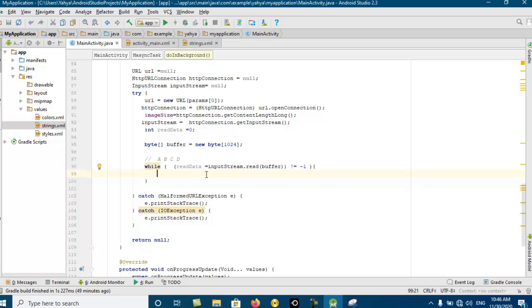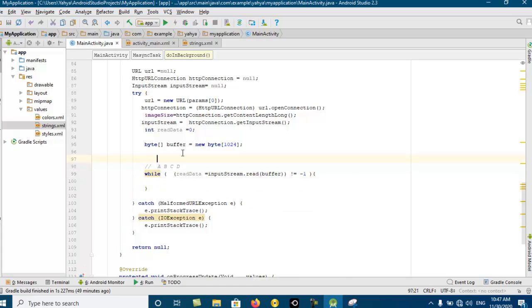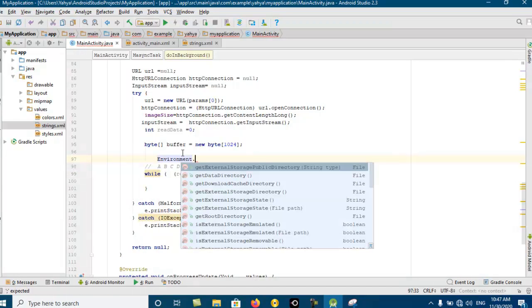I need to store that image inside my SD card. So I have to get a reference to my SD card. For that, I use the Environment class to give me the reference to my SD card, and I call getExternalStoragePublicDirectory, and in here I use the Environment class and I use the download method. So Environment.getExternalStoragePublicDirectory will return the path